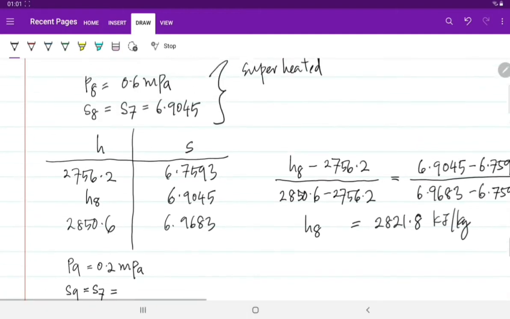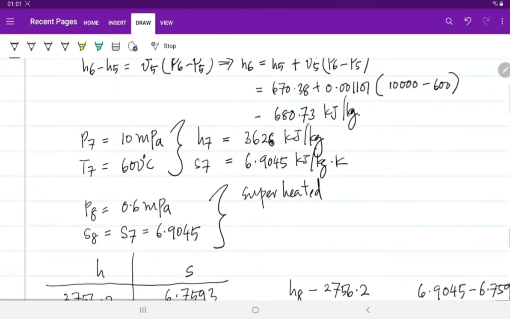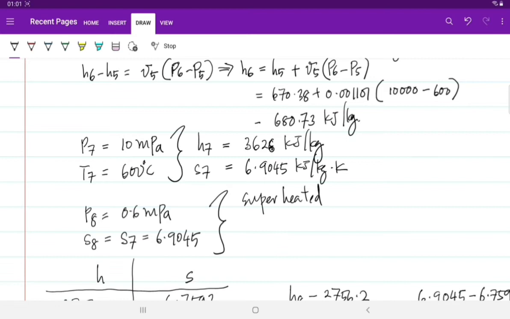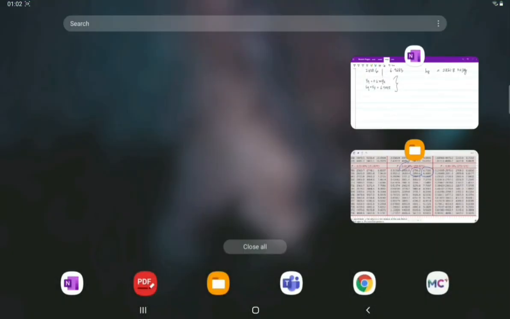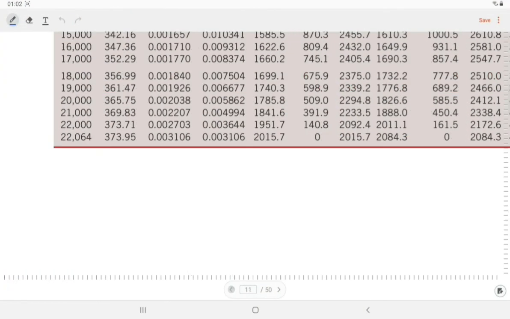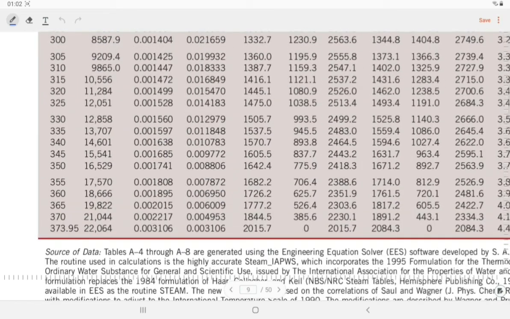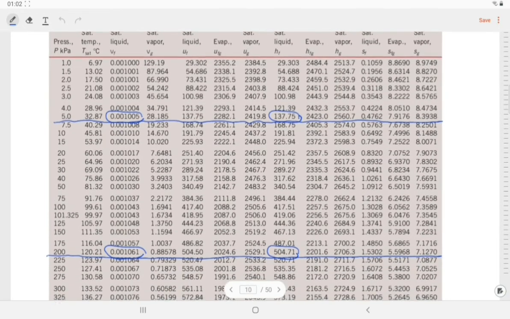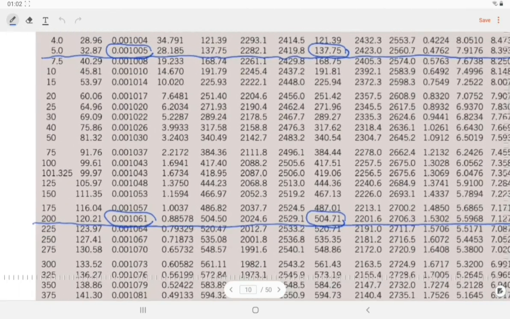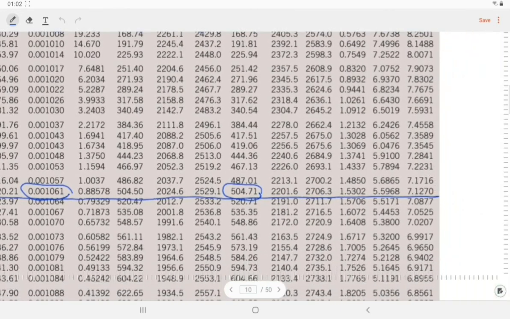Okay, equals to 6.9045. I think we have to guess the phase. So let's have a look at the mixture table. 0.2 megapascal, 200 kilopascal. Okay, 200 kilopascal,